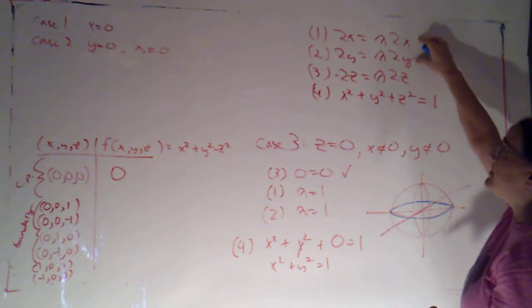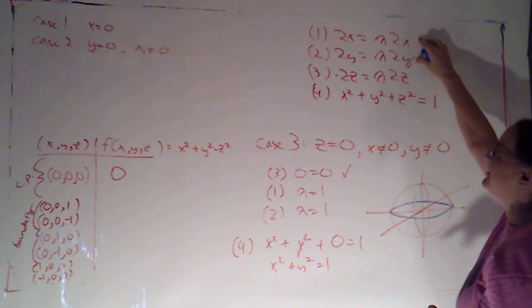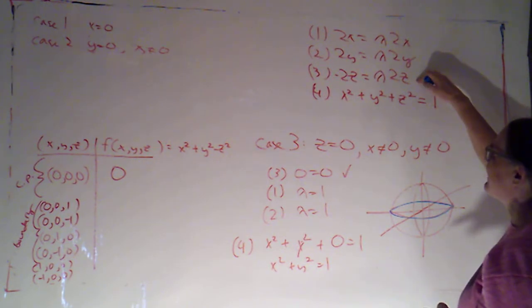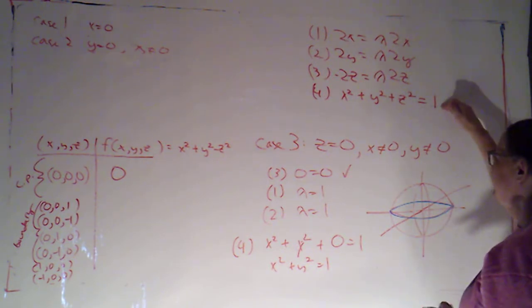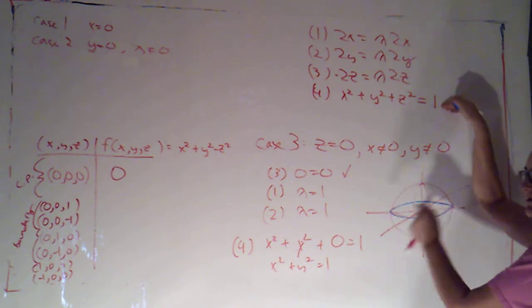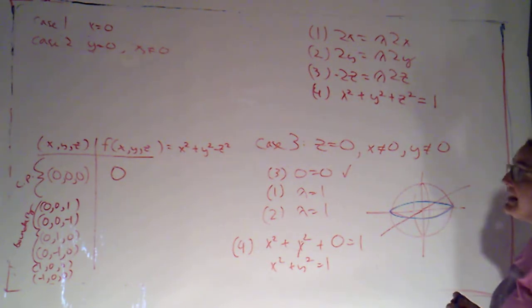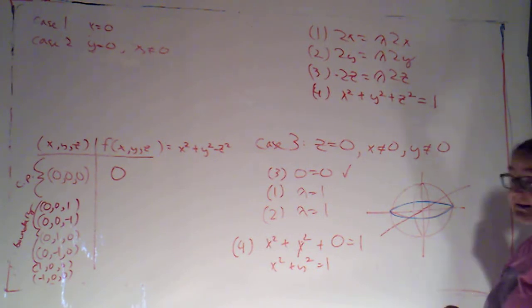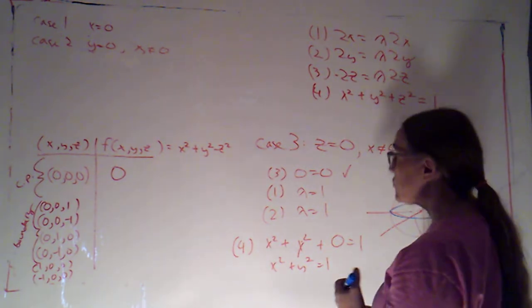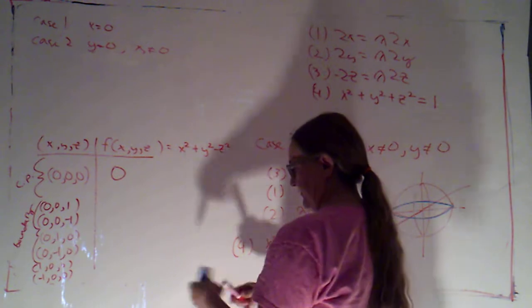Lambda equals 1 makes equations 1 and 2 true, pretty clear. Z being 0 makes equation 3 zero. That reduces this to I've got to be on the unit circle. So that's giving me infinitely many points. I'm going to describe those points here,